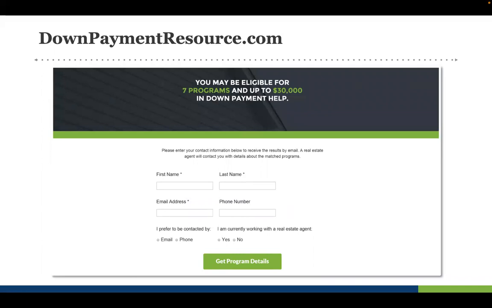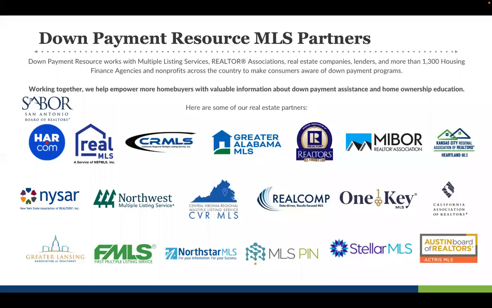Also, talk to the DPA providers. We give you their contact information, whether it's in a Down Payment Connect lead or you click the DPR icon from an MLS. Here's our MLS partners. Or you are doing a search on downpaymentresource.com. We show you the list of lenders as published by the provider, but we also give you the program provider's contact info, and you can call them and just ask them, hey, who are some loan officers or lender companies that do a lot of volume with your program in my market, in my part of the market,